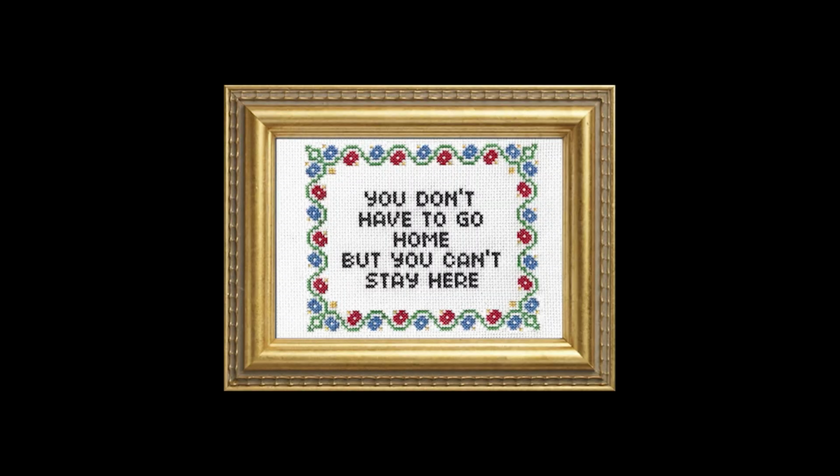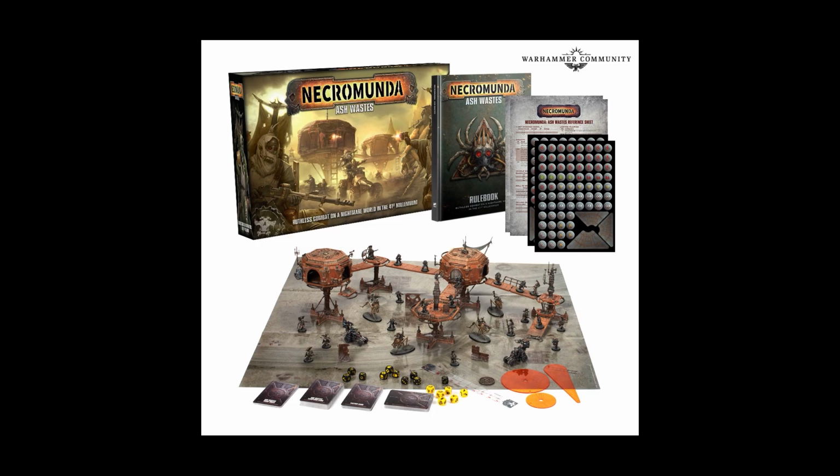Okay, so that's your lot there. All the skill trees done, up until Ash Wastes. Ash Wastes, I'm not really feeling it at the moment, and the box set is quite steep. I don't need Orlocks. If you want it, get it. You want Necromunda Ash Wastes,